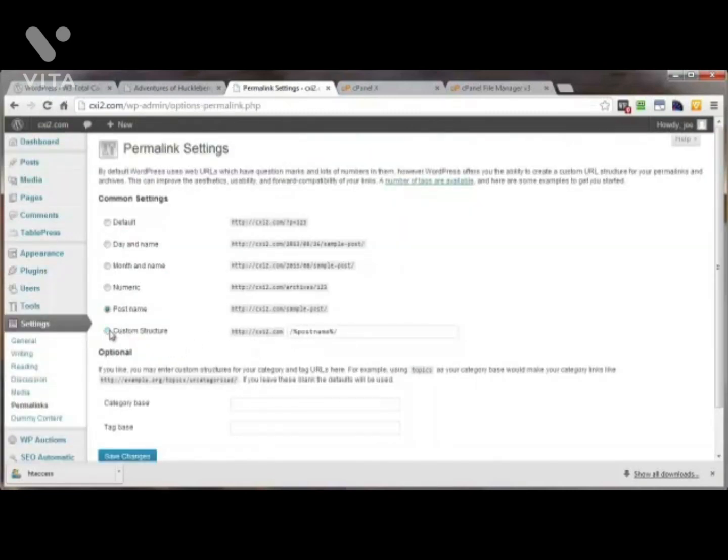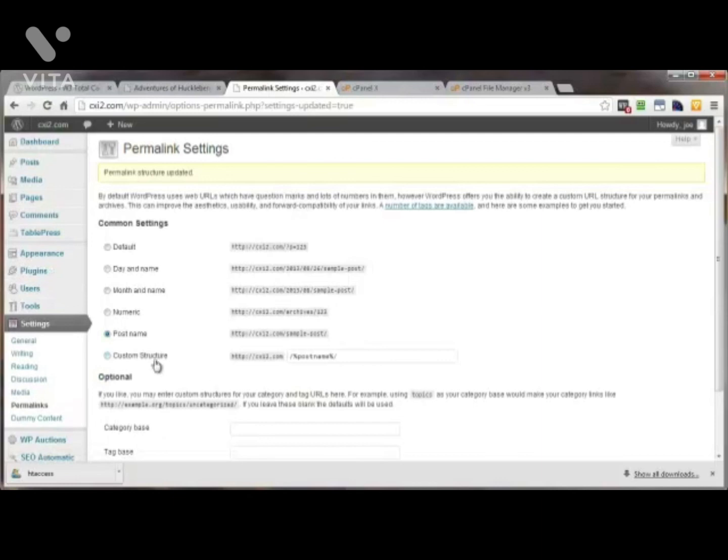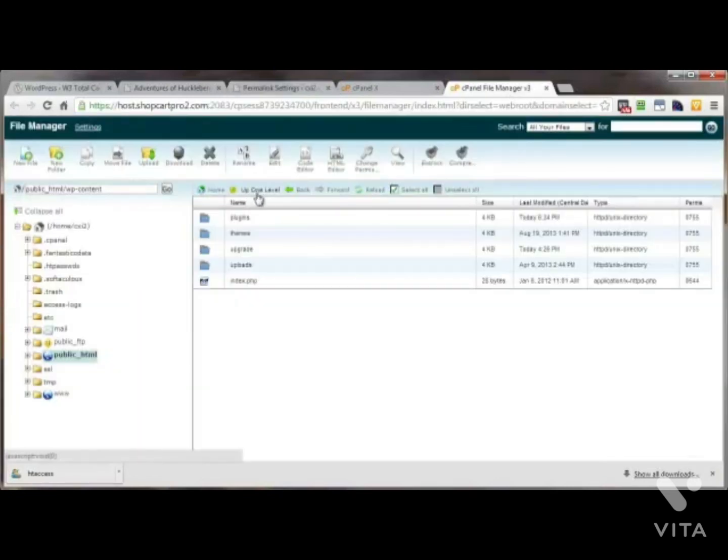So we want to select that, click on Save Changes, and even though when we got here the post name was already selected, what that does is create your .htaccess file. But since we just deleted it, we need to recreate it. So just make sure that's selected and that box is filled in there with post name, or whatever you choose. Mine is going to be post name. And then click on Save Changes, and if we come on back here to our file manager,